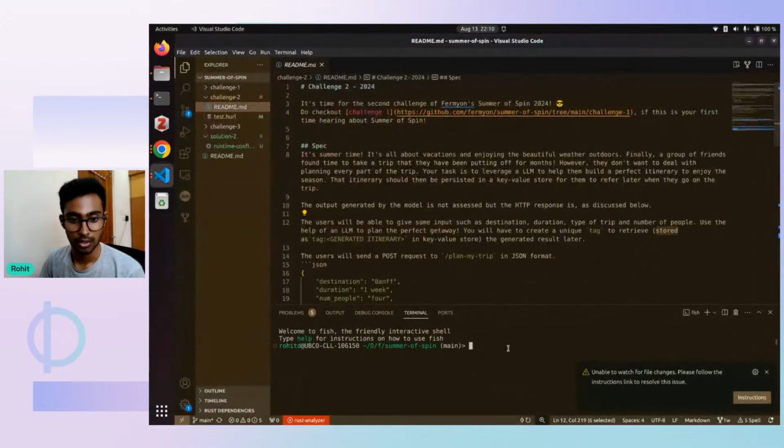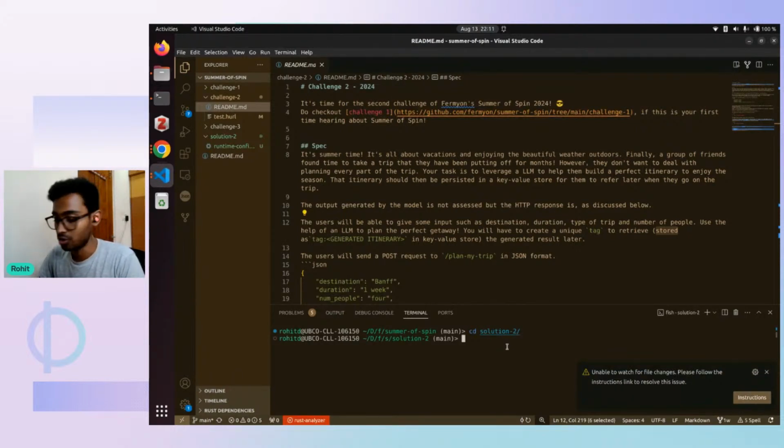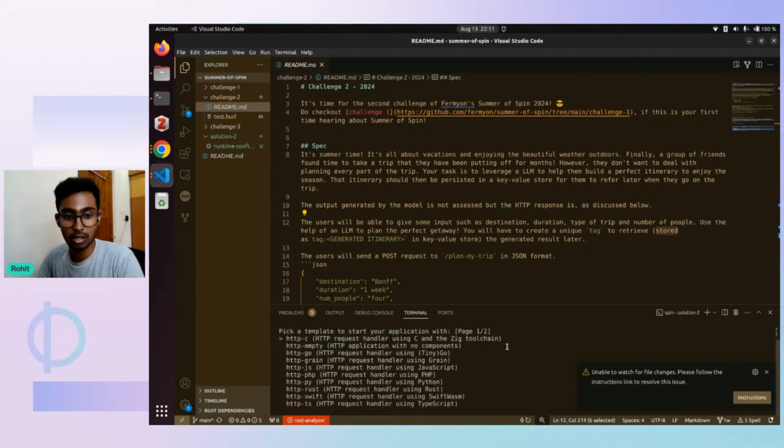All right. So I opened the Summer of Spin repository locally. The easiest way to get started with a Spin application is to use one of our Spin templates. For that, you will need our Spin CLI. Let's move into the solution directory, and then we have to use the spin new command. And here we can use the HTTP Rust